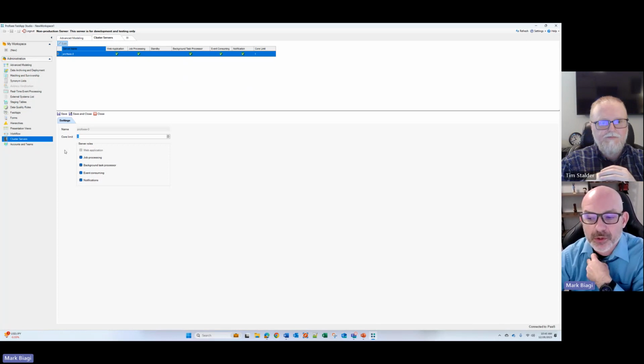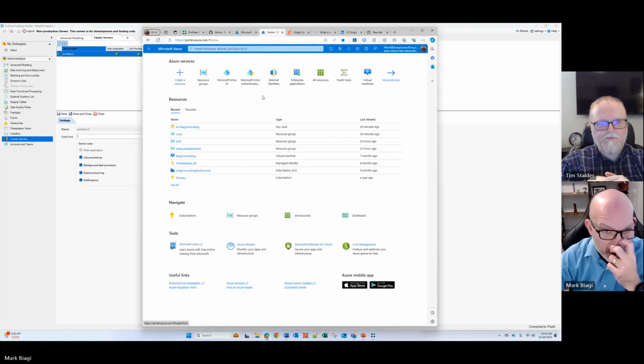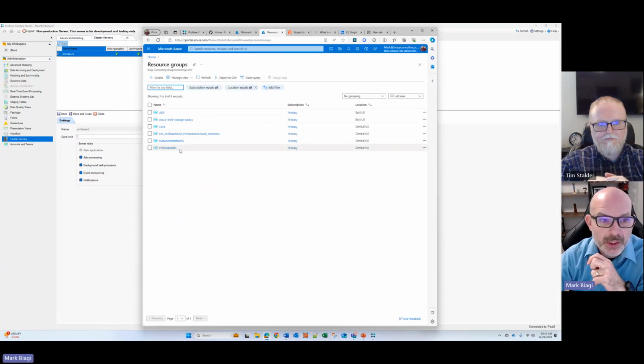to the actual server. So for the server that I put in here, what did I put? 4? 2? I think I put 2 cores. Let's take a look. So one thing I can show you is